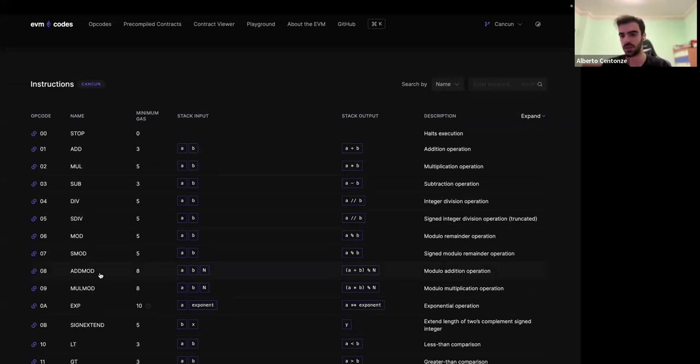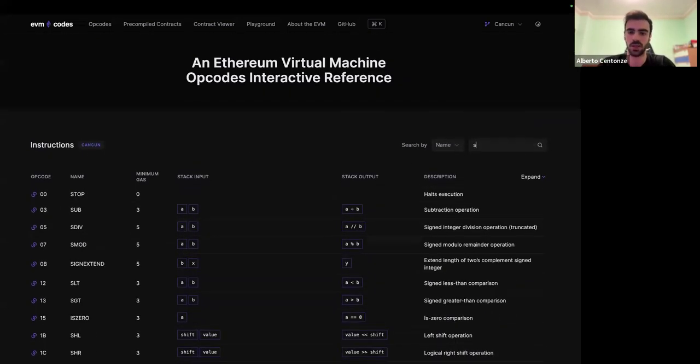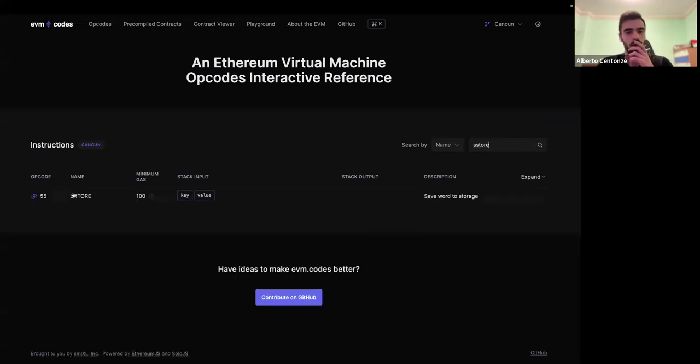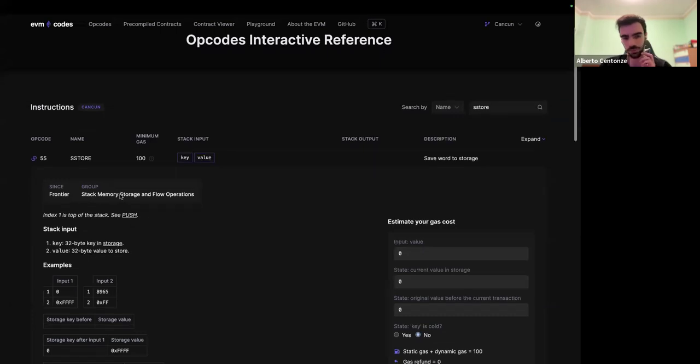For example, when you're accessing storage, so the data on the blockchain, they have created an artificial cache, which makes things more expensive the first time you access it. And then it's cheaper once you have accessed it already, because you already have the value in the cache. And how they do this is very simple. Let's pick an opcode that accesses memory, for example, an SSTORE here, this one stores into storage.